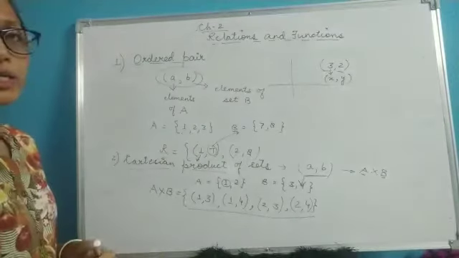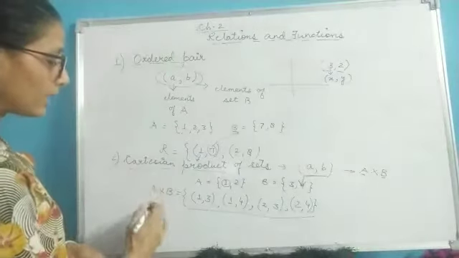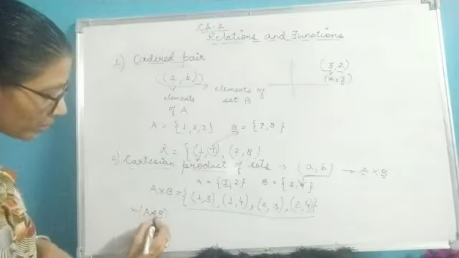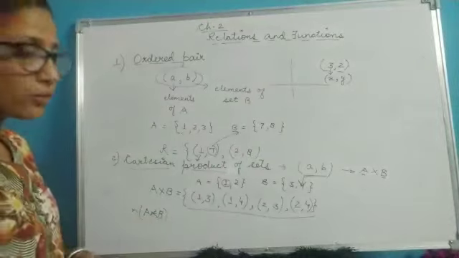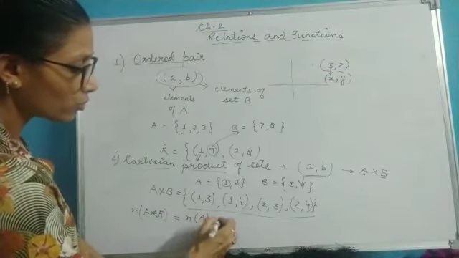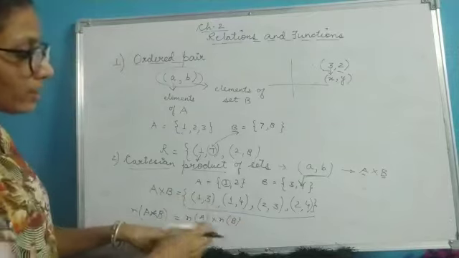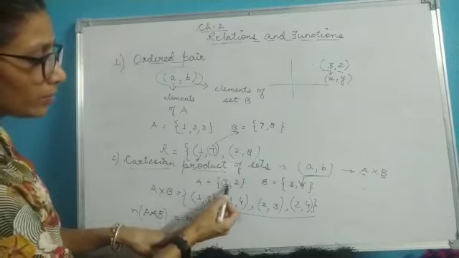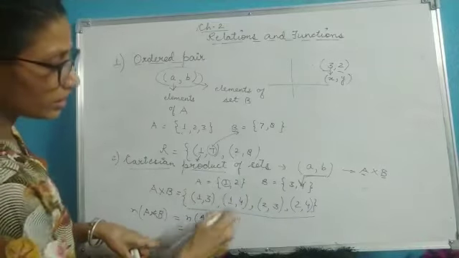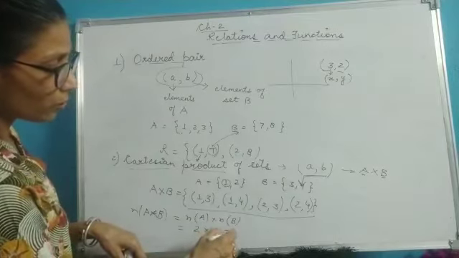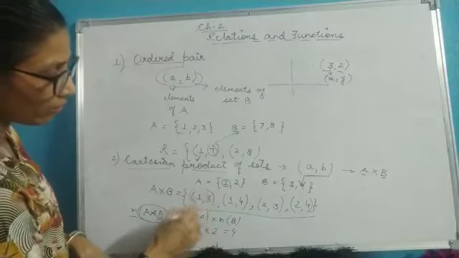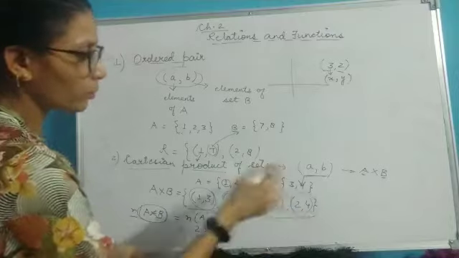Now if you want to find the number of elements in A × B, the number of elements in the Cartesian product of two sets, then you will write it as the number of elements in A times the number of elements in B. Like in the above example, the number of elements present in set A is 2, so I am writing 2. The number of elements in set B is again 2, so this is 4. That means the number of elements in the product will be 4, and here I have 1, 2, 3 and 4.